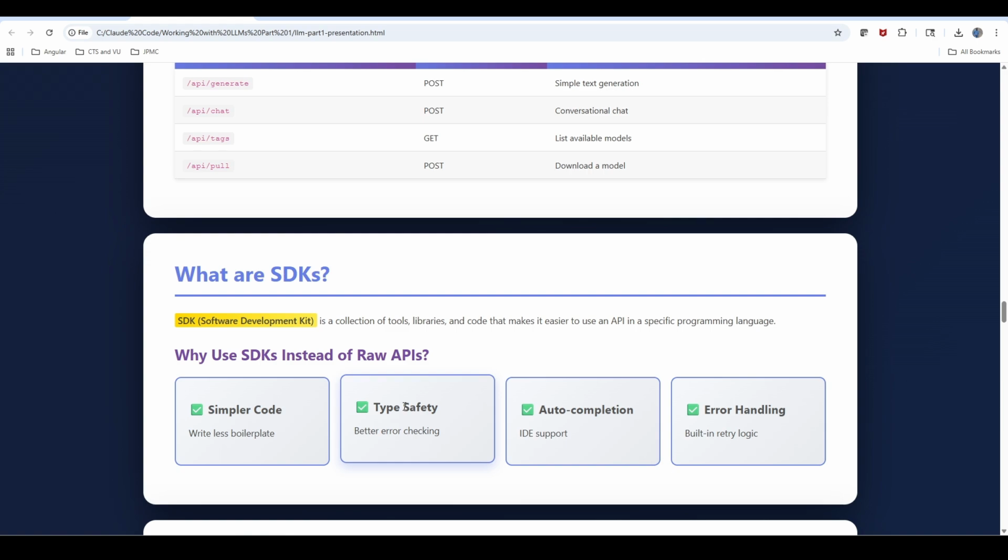Then type safety: if you use REST APIs, you are responsible for invoking the REST API using your programming language and managing everything. But with SDKs, type safety means that if there are any errors in your code, the compiler is able to show the errors immediately.